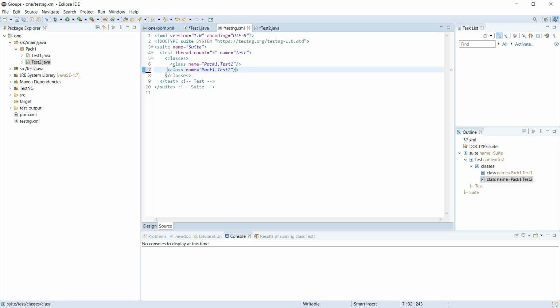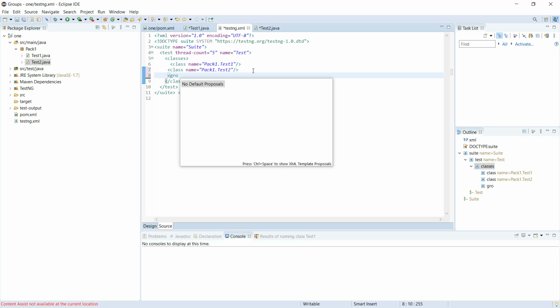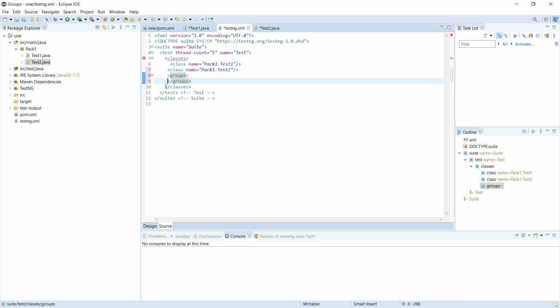So next thing, we need to create the groups. So that means groups. In these groups we have to include the tests.